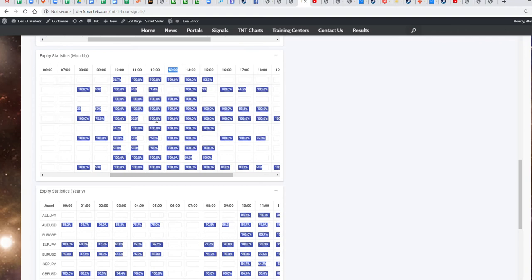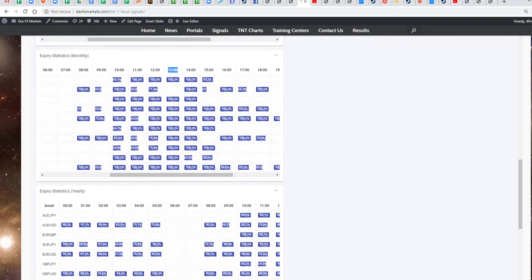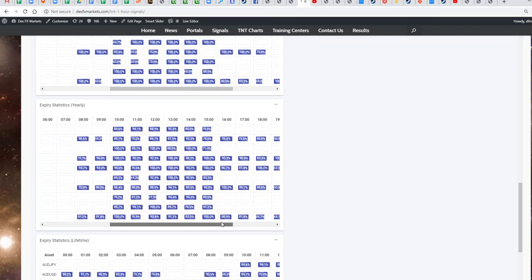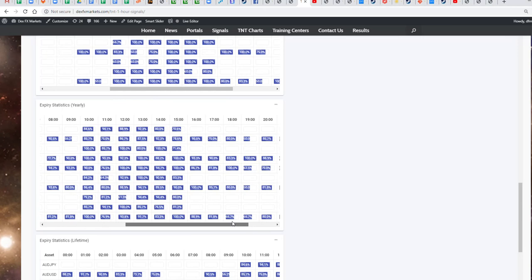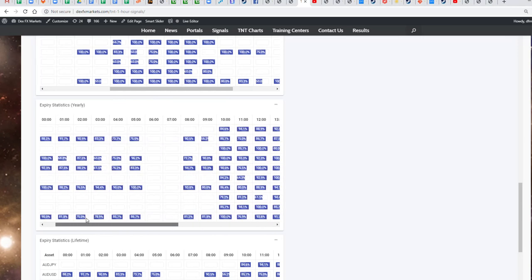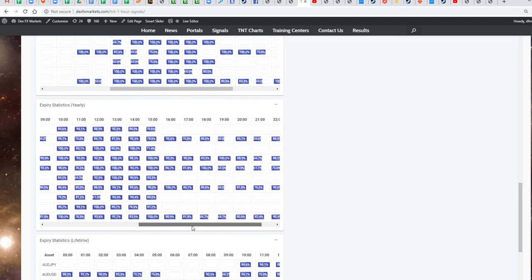Now, this will drop off and continue to get bigger to lower depending on what happened 30 days ago. But it's not just for the month of September, it's the last 30 days. And that's what really is important, is that you keep that 30-day chunk. Now, if we go back into lifetime, or the last year, we see a couple 100%ers, which is pretty good. The Euro JPY sitting at, we'll fix this too, by the way. There'll be a frozen area for this chart here, for this system. But we can see that there's a couple that, when you look at 100% for the lifetime of the pair,